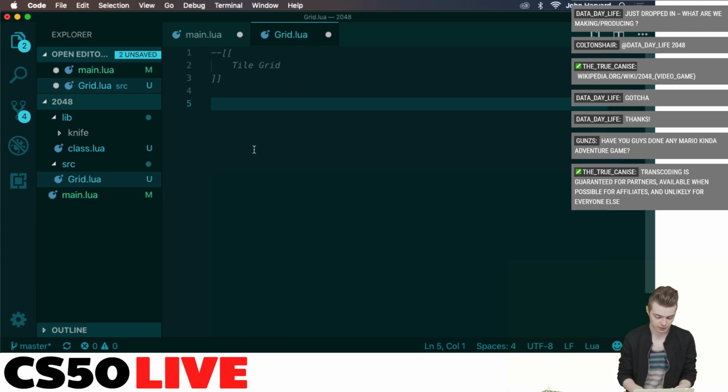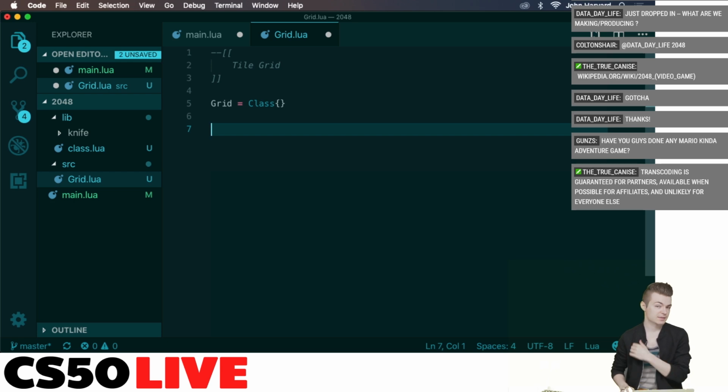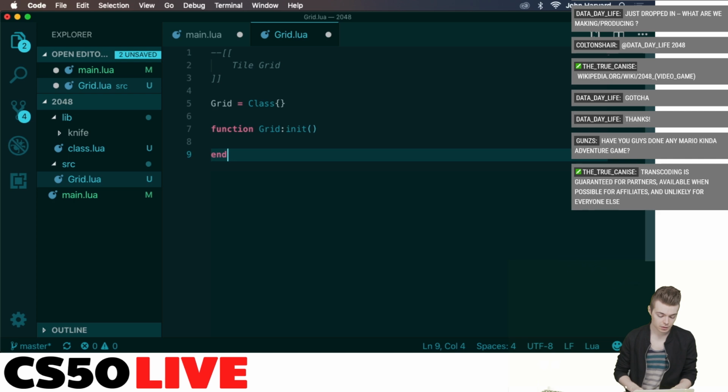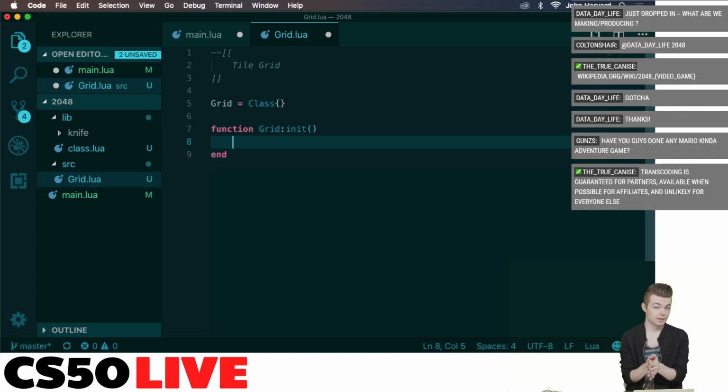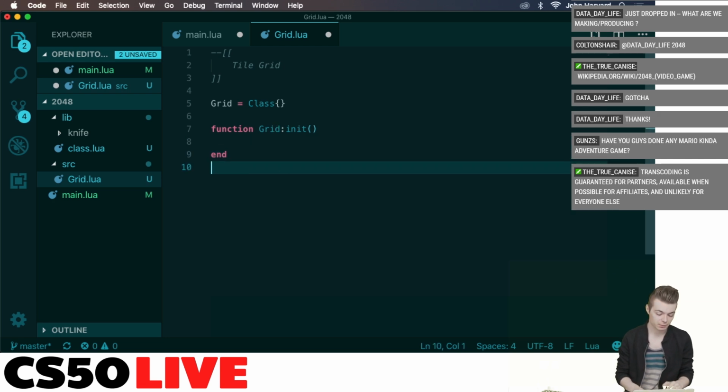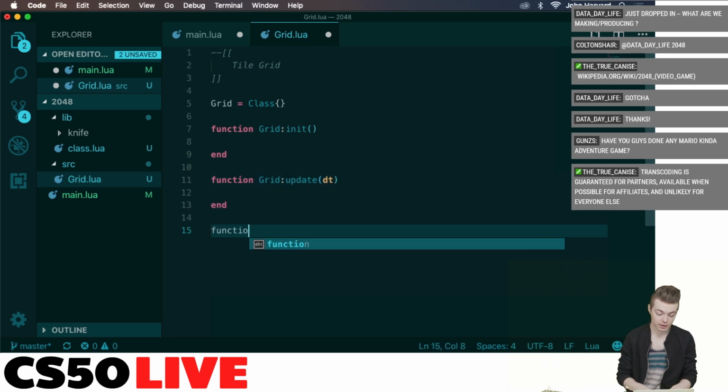So this grid is going to look something like this. We're going to say grid is equal to class with these two curly brackets, which is the way that class lets you instantiate its classes, class objects. And then what we can do here is we can say function grid init, which is a constructor function in this library. So a constructor essentially is what happens when you create a new object of this type. If I want to create a grid object, init is going to be called right away. And then we can also create things like update functions for our grid and a render function for our grid,